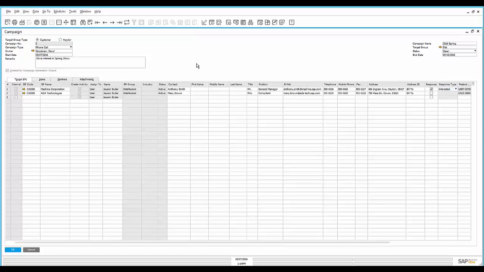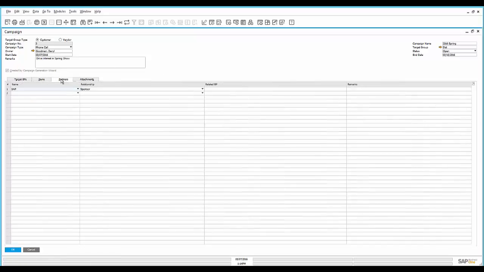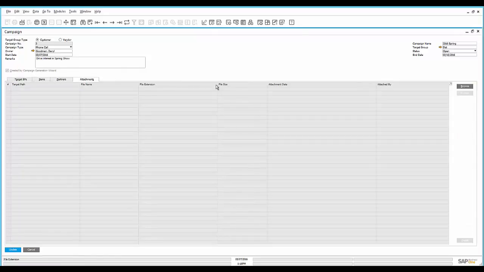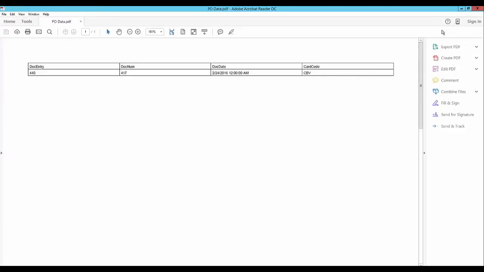In addition to looking at the targeted business partners, you again have all the information about the campaign in one step, such as again being able to see the different sponsors that may be coming in, including attachments, which throughout the system give us the ability to browse, select the document, and then be able to have it attached directly to the system. If we want to display the document, you simply double-click it, and you're able to see the